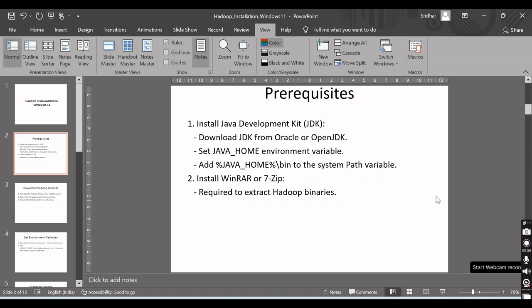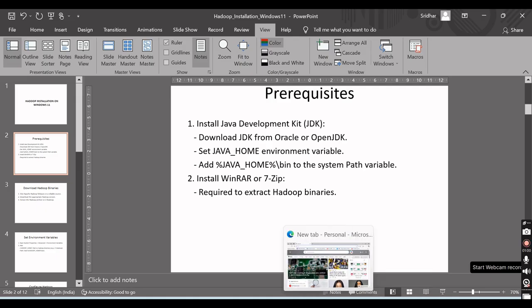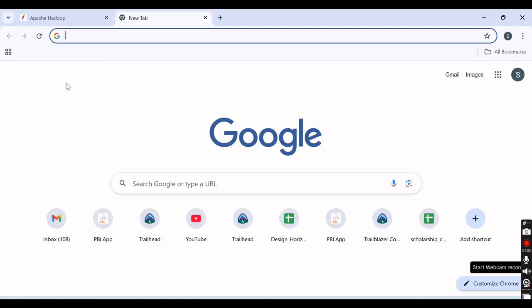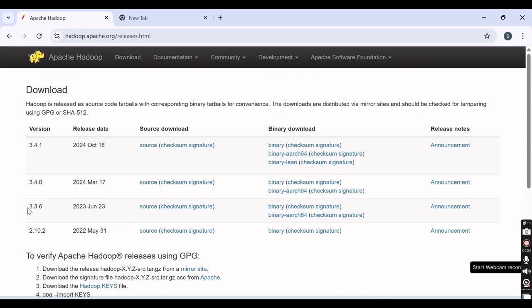The thing is, I'm planning to use Hadoop 3.3 version. I'm going to install the 3.3.6 version in my application, which may require JDK version 1.8 onwards. Okay, so if you have been using JDK 1.7 or something, please remove it and try to install